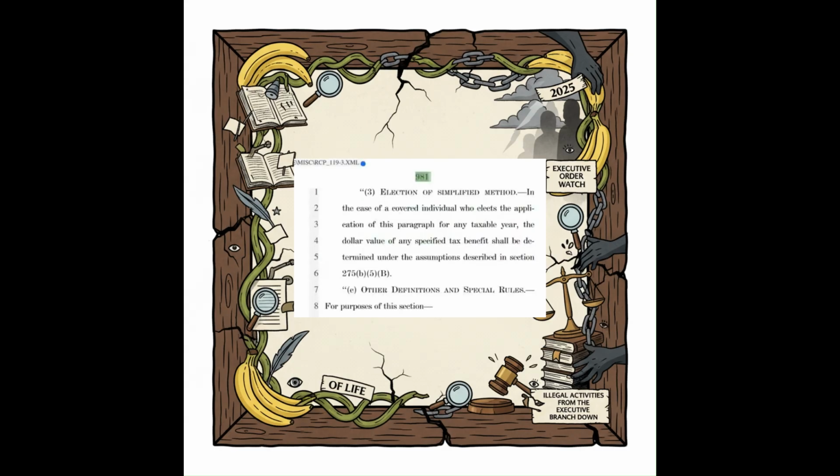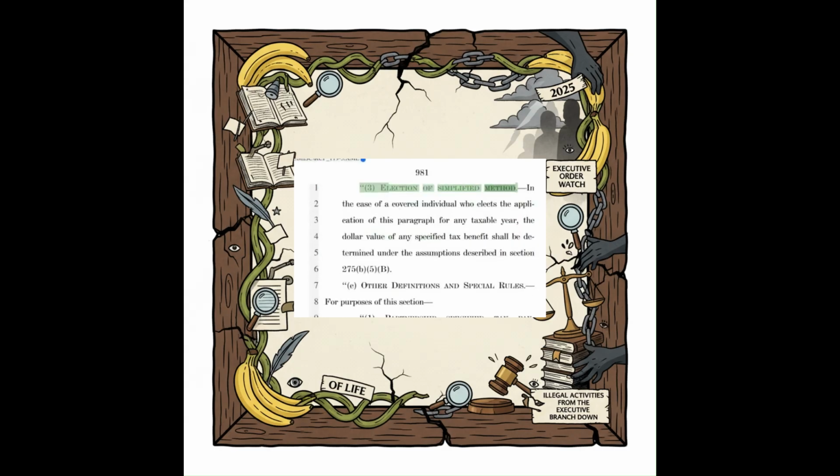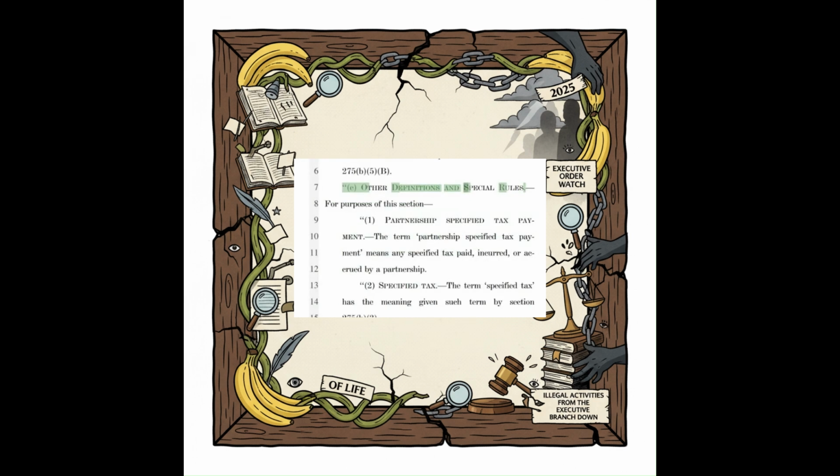981. Election of simplified method. In the case of a covered individual who elects the application of this paragraph for any taxable year, the dollar value of any specified tax benefit shall be determined under the assumptions described in Section 275(d). Definitions. For purposes of this section,